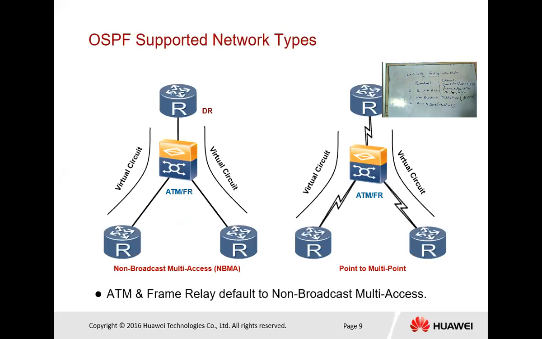So next we have OSPF support network types. There are two other types, NBMA and point to multipoint. NBMA uses a frame relay interface switch, so this network behaves like a broadcast network. In the case of point to multipoint, it is a collection of multiple point to point links. There is no default network type, but you can use any frame relay type.